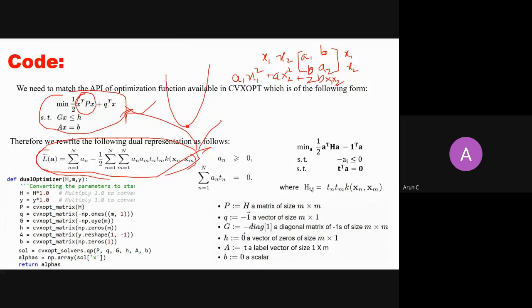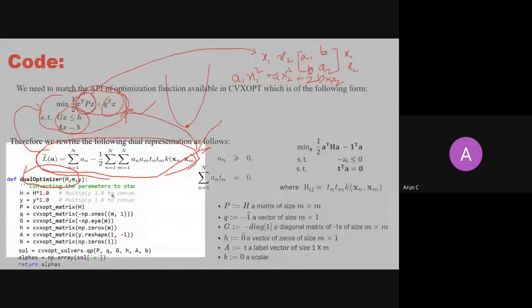So hence this x transpose Px, you can show that it is a quadratic form, and this is a linear form. Quadratic plus linear, the highest degree is quadratic. That's why I'm saying it's a quadratic form, with some constraints here. If you can rewrite your dual problem into this form and then feed it to some software, which is this library, then you can get a vector.